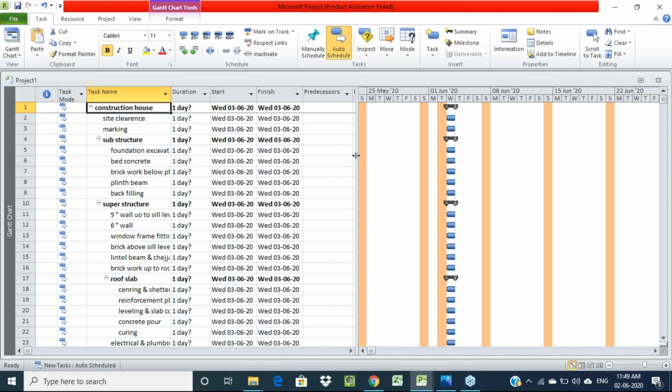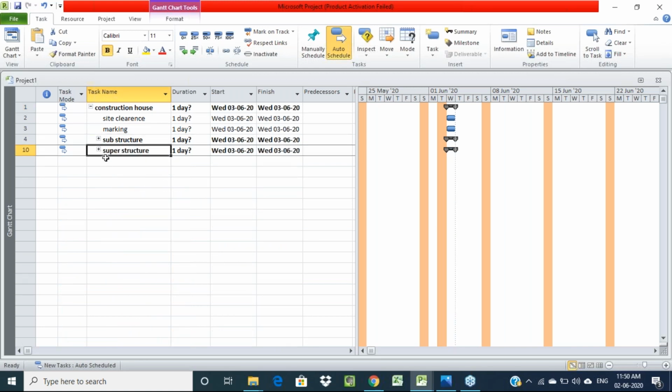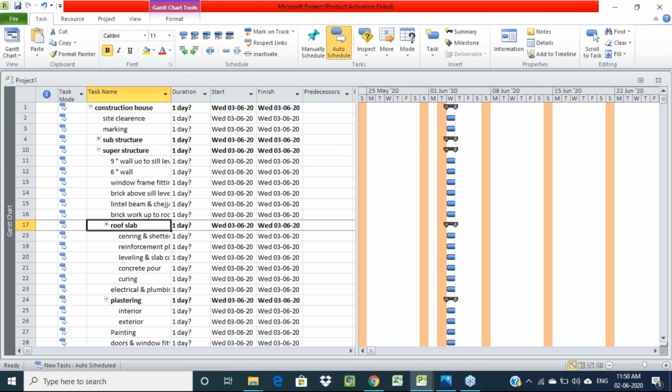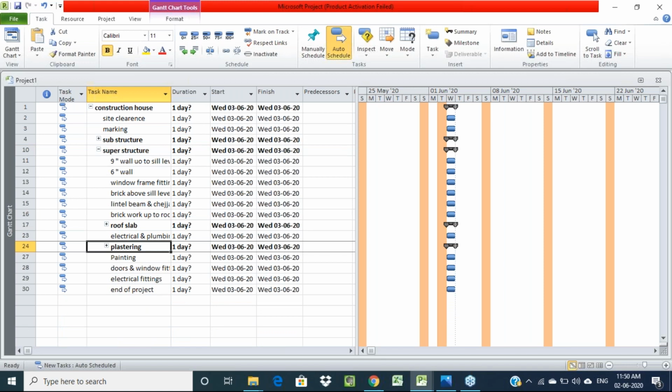Whatever the main construction of a house we have, we are dividing into sub activities. The first major activity is construction of house, and under that we have sub activities like site clearance, marking, substructure and superstructure. In this superstructure we have some more sub activities.